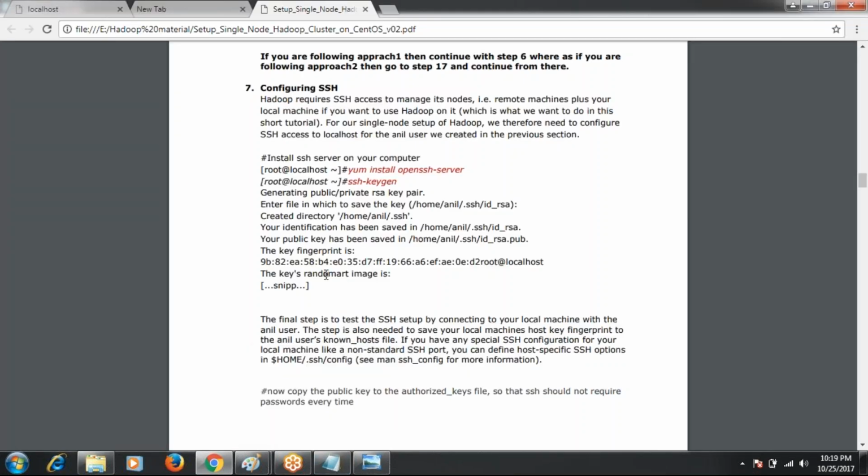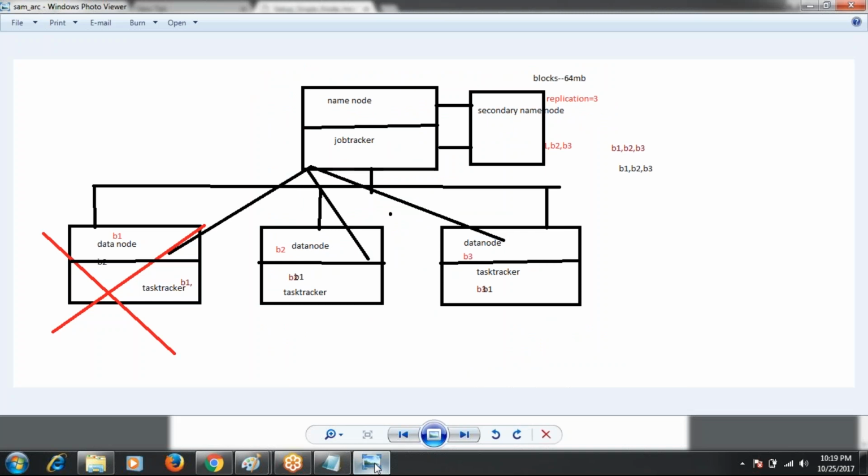Why do we need it? By using SSH, each and every machine maintains communication with the others. For example, in this diagram we have 5 machines.